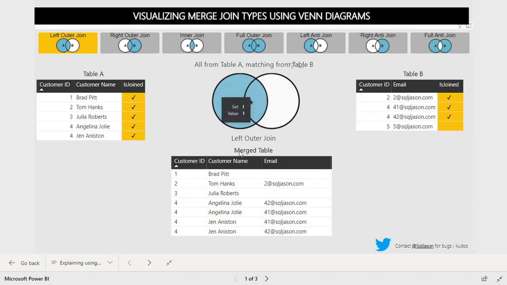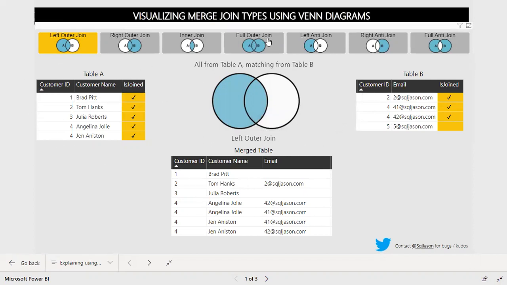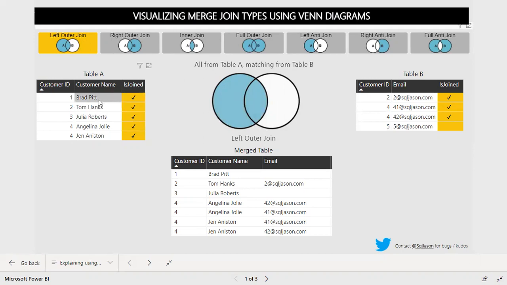I have customer ID, which is common for both the tables. To join two tables, we need to have a common column between them. Based upon that only, it will join the two tables. The other columns, based upon the join type, will give the result. So I have customer ID over here as 1, 2, 3, 4, 4. Then here the customer ID is 2, 4, 4, 5. We don't have 1 and we don't have 3 over here, and at the same time we don't have 5, which is there in the right side table. That is what exactly joins are.